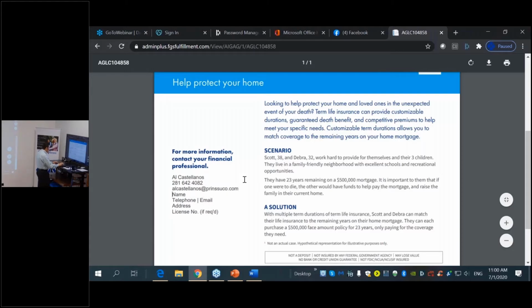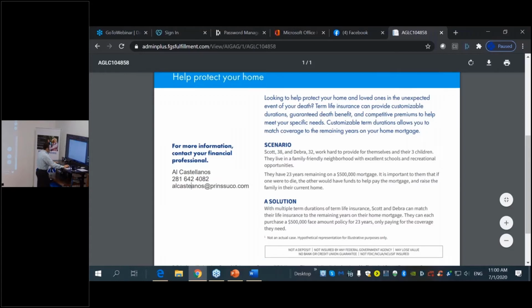And any other additional information that you want. And if you want to enter a physical address, you could also do that. If you want to include your license number, it's not required in Texas, so I wouldn't include that. Okay, so there it is. You make sure that you include your information in the marketing piece that you're going to be sending, and there you have it.